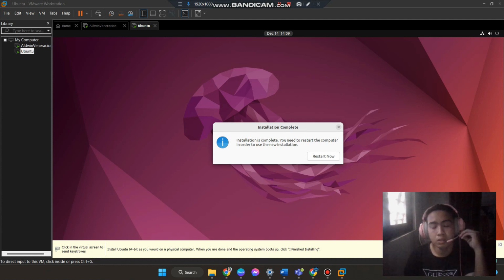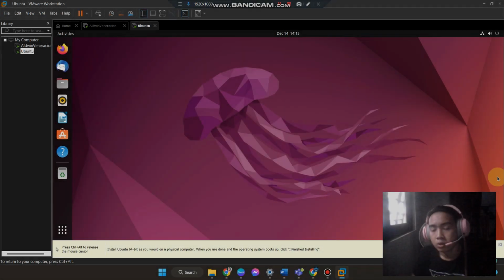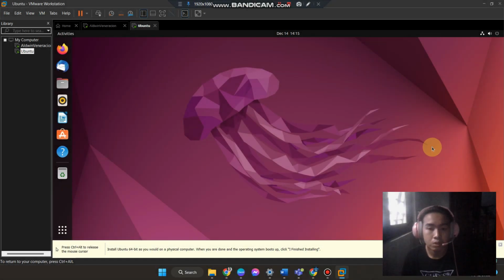So the installing is done. Then the system will suggest to restart your computer to use the new installation, and click restart. So the Ubuntu is already running,